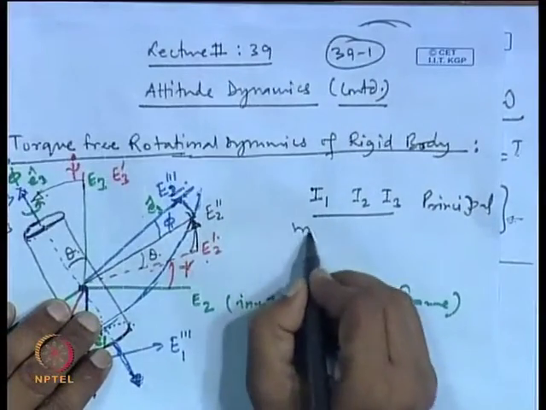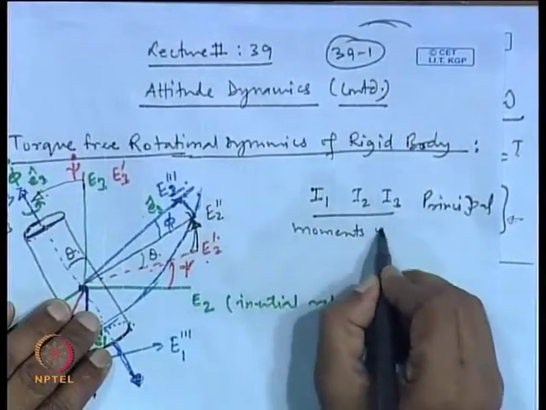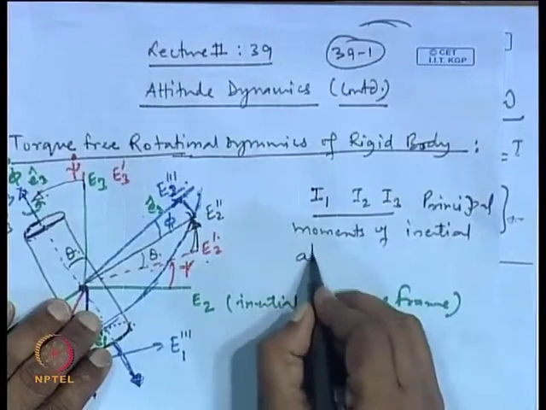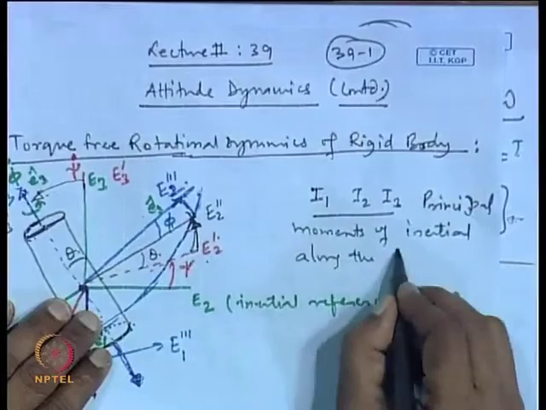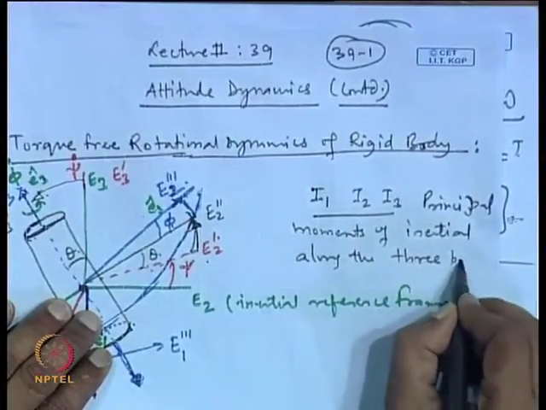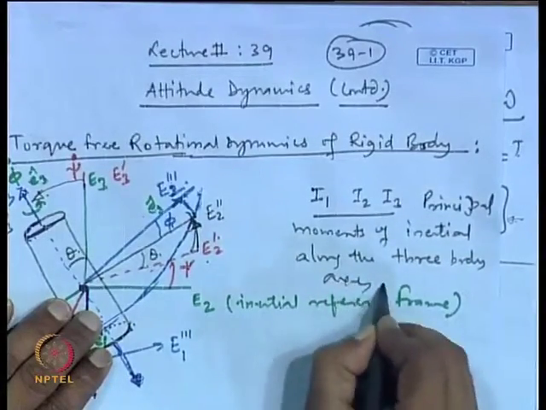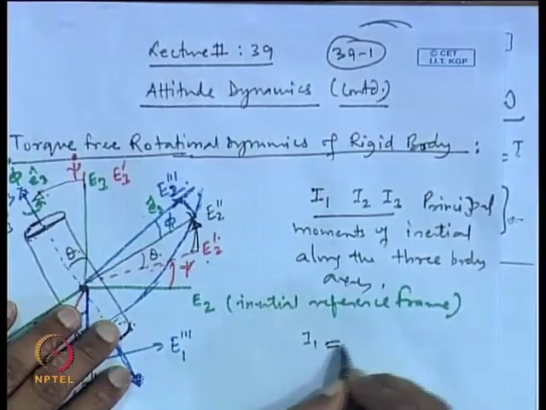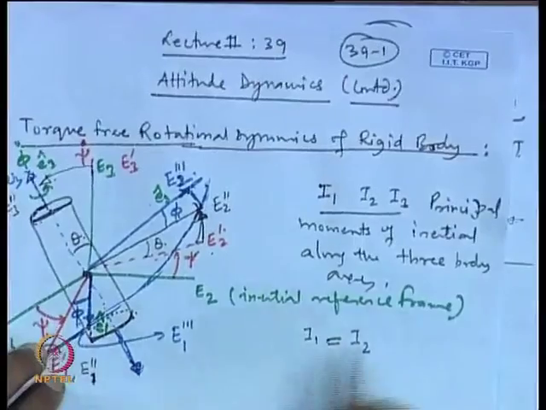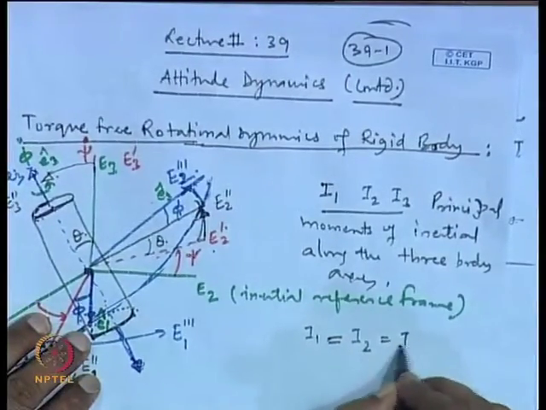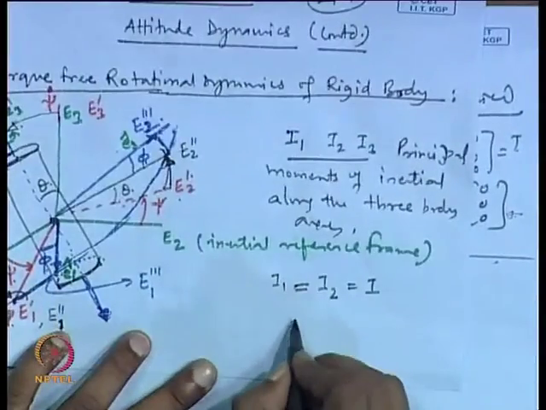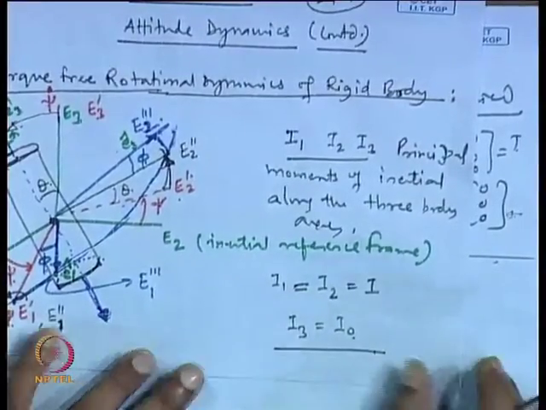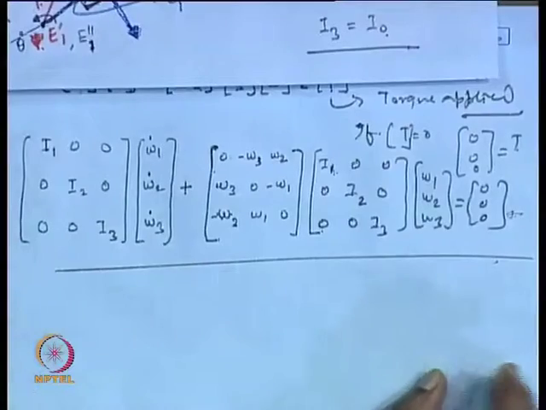Principal moments of inertia along the 3 body axis. So, I 1 and I 2, because they are equal to each other, this we set as I, and I 3 we can write as I 0. Okay. So, with this notation,